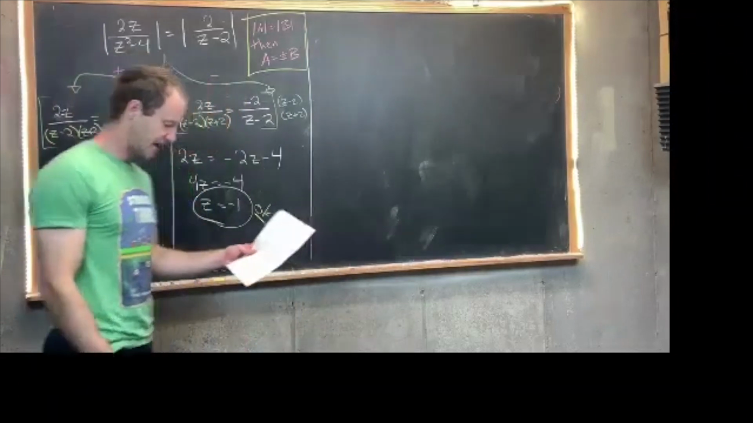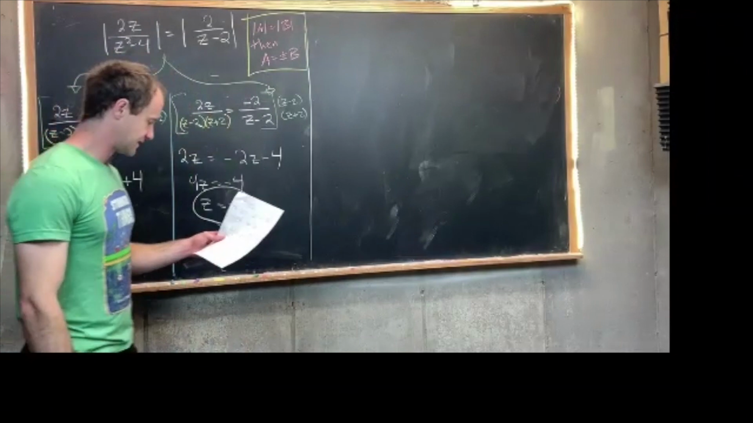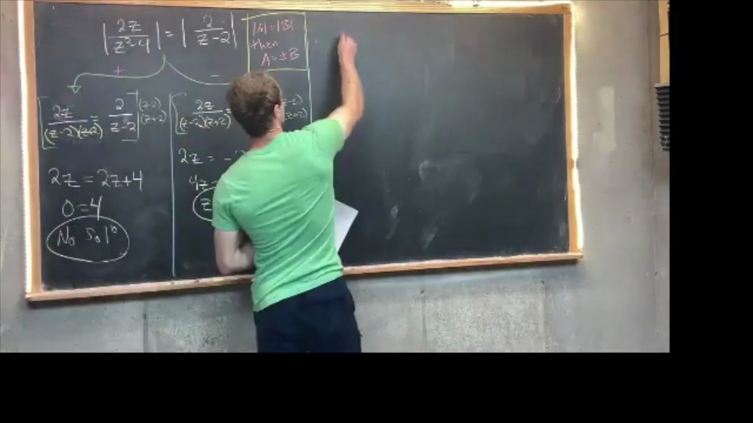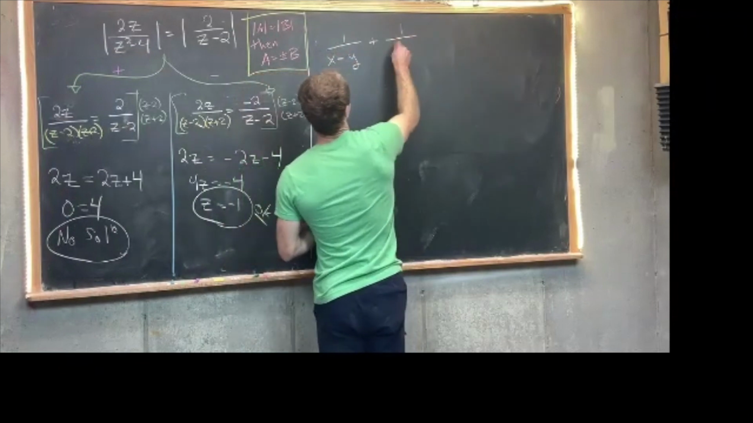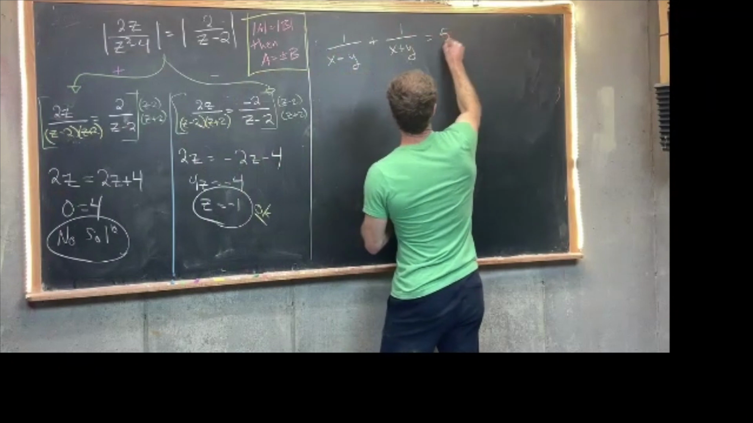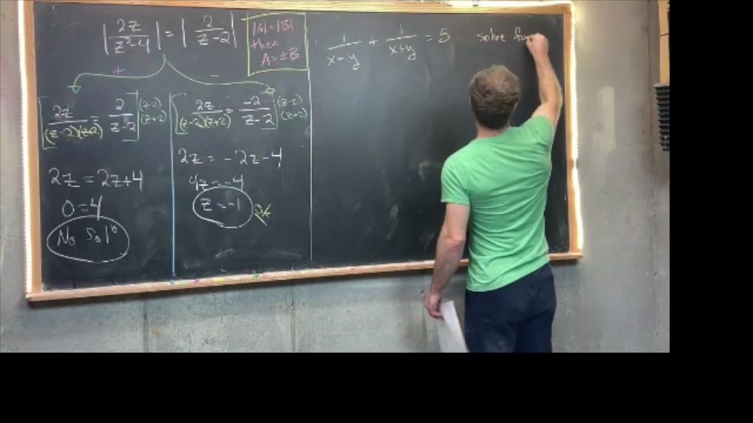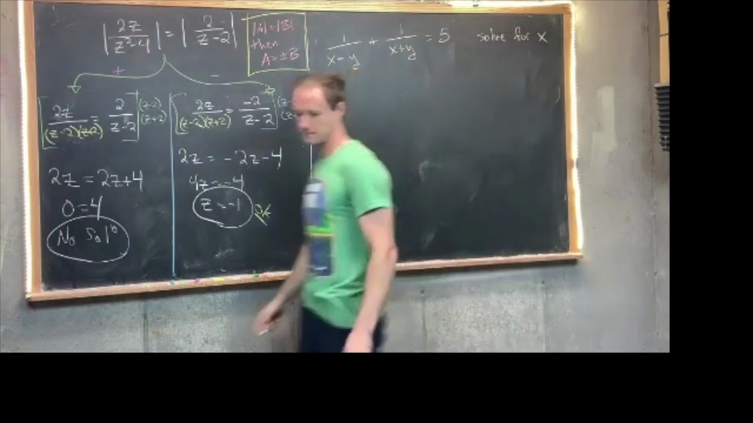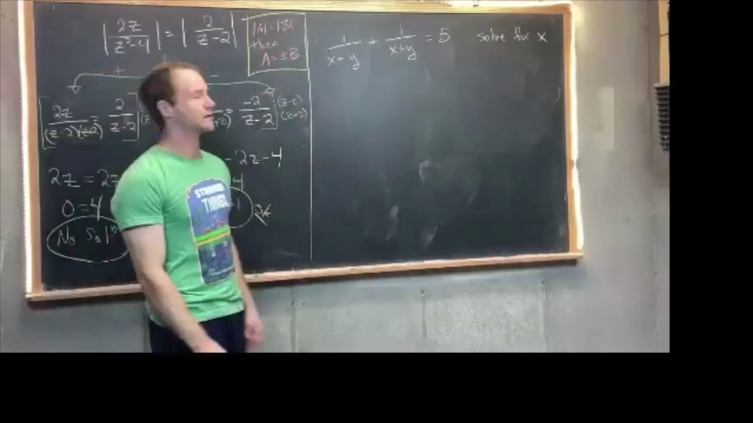So let's say maybe this one. I think this one is nice and tricky. So maybe 1 over x minus y plus 1 over x plus y equals 5. And let's say we want to solve for x, where x and y are both